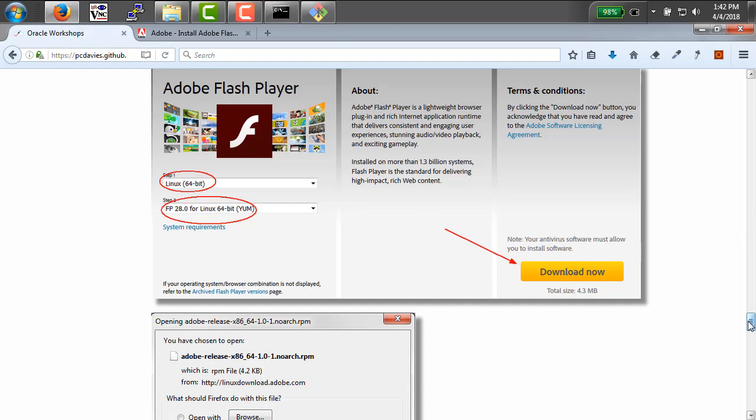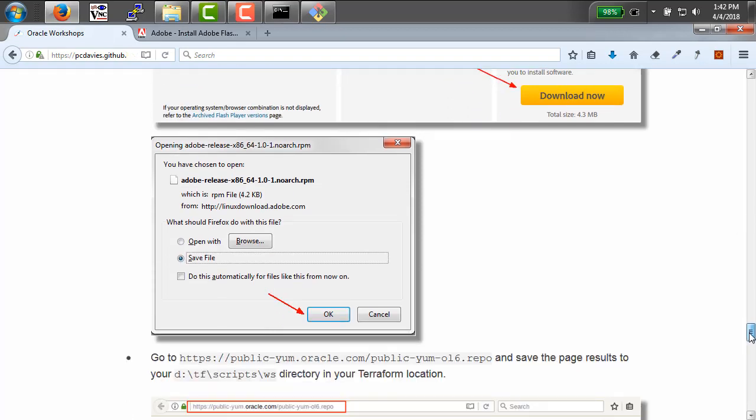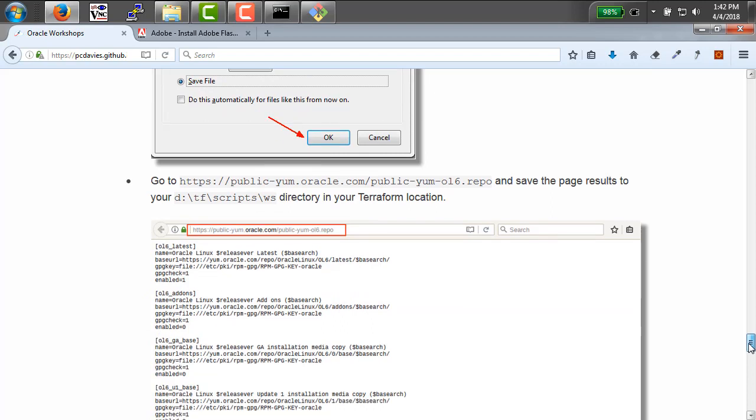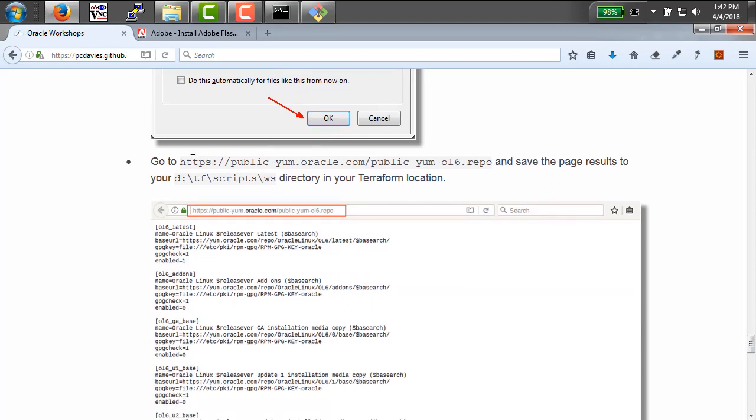And then the last file is the public Yum repository, and it's actually directly a file. You can go straight there to the file, and we'll do a save as. So copy that,